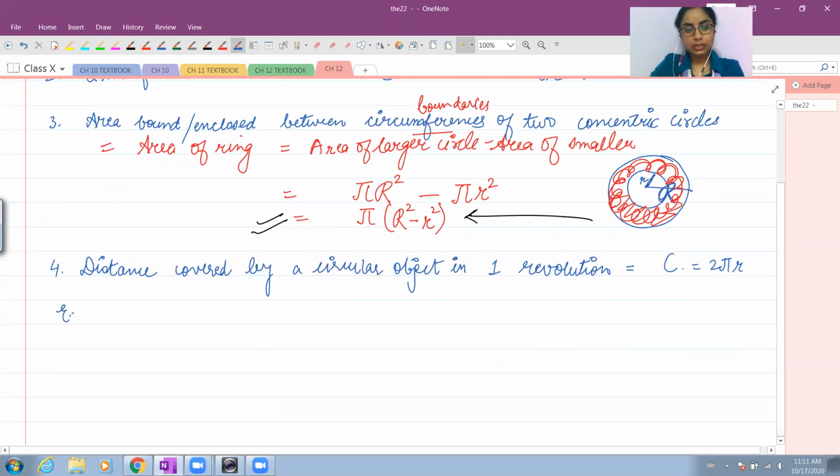I'm going to start with exercise 12.1. There is just one topic which CBSE has deleted from this chapter, and it is the questions which are based on problems with central angle equal to 120 degrees. Later in the chapter, you will be dealing with questions where the central angle is given. If the central angle is 120 degrees, you will not be doing that question. The same applies to the questions given in your exemplar problems. If any question has a central angle of 120 indicated, you will not do that question.